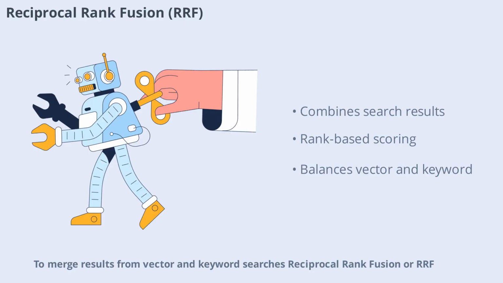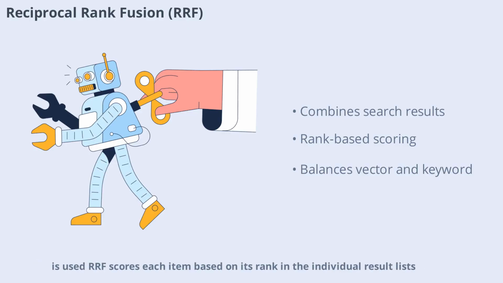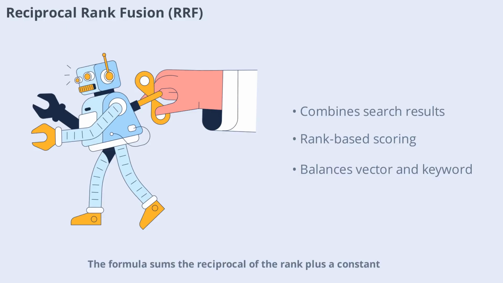To merge results from vector and keyword searches, Reciprocal Rank Fusion, or RRF, is used. RRF scores each item based on its rank in the individual result lists, not the raw score values. The formula sums the reciprocal of the rank plus a constant, ensuring that items ranked highly in either list are prioritized. This method balances the strengths of both search approaches, delivering a more comprehensive set of relevant documents to the